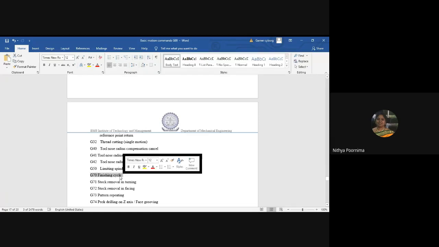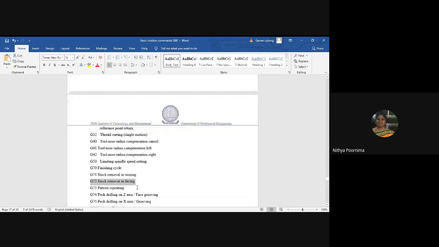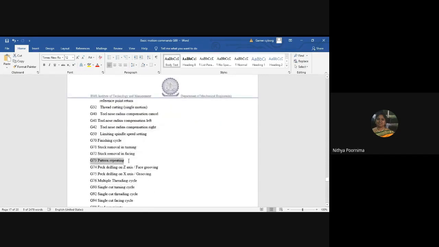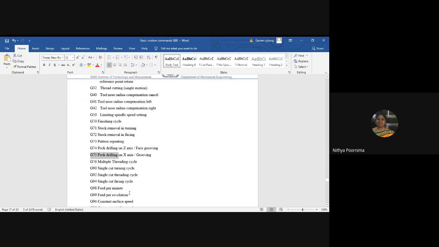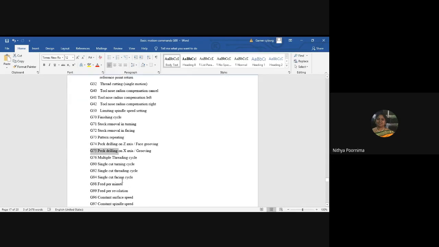G70 is basically for the finishing cycle, G71 for stock removal in turning, G72 for stock removal in facing. And when you want to repeat the pattern, we make use of G73, G74 for peck drilling in the Z axis, G75 for peck drilling in the X axis. G76 for multiple threading cycle, right? So when we want to use G32, single motion; G76 is when you have a multiple threading cycle. G90 single cut turning cycle, G92 single cut threading cycle. Then you have G94 single cut facing cycle.